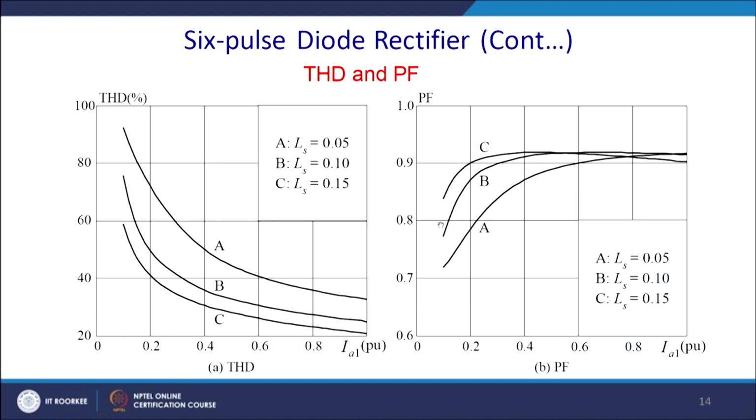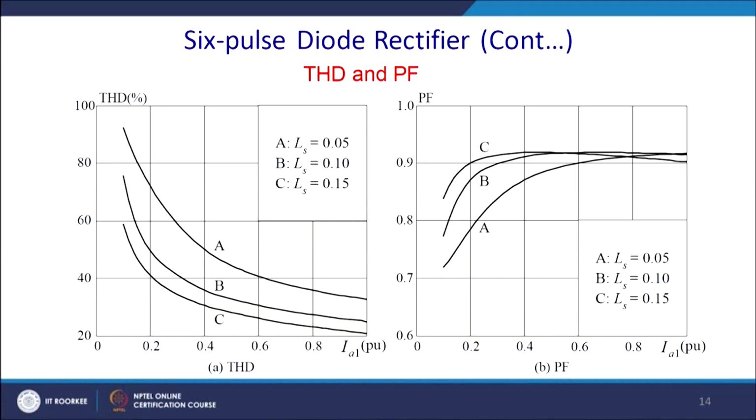So, actually it will be at the half point, and after some time, let us say 0.5 of loading, you will find that source inductance effects are almost mitigated as far as power factor is concerned. Power quality mostly consists of THD and the power factor. So, you can find that increasing the source inductance basically decreases the THD, but after 50% of the load current, source inductance does not have much effect